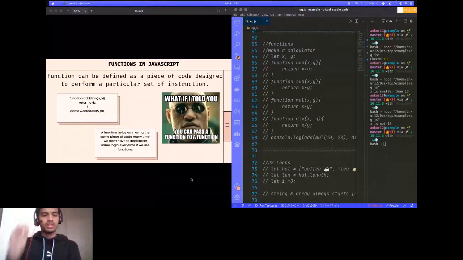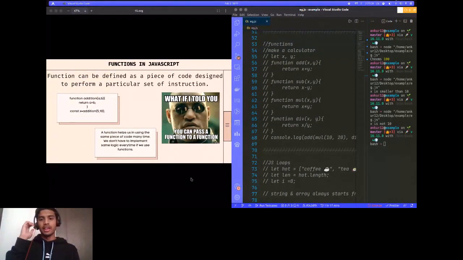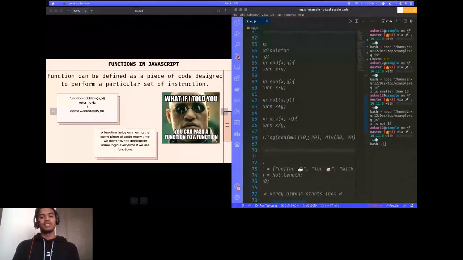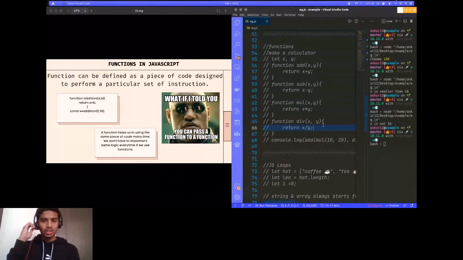So now the next part is functions, and you know functions are a really important part of any language. A function is a piece of code which has instructions in it. Why do we declare a function? A function is declared in order to make the code much cleaner, number one. Next, to avoid the declaration of variables,